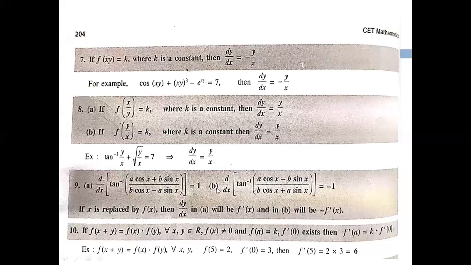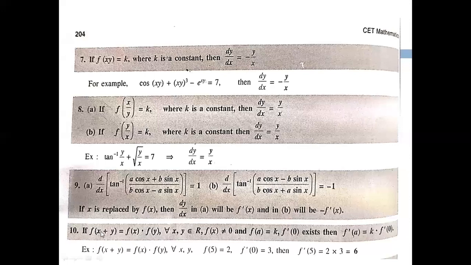Okay, just to verify these two, find the difference between these two. See, suppose x is replaced by f of x, then dy by dx in the first will be f dash x. After finding the derivative, we have to find the derivative of f of x also. Hence f dash x into 1, that is f dash x. The result will be f dash x. In the second point also, after finding the derivative of this function, we also find the derivative of f of x. Hence minus f dash x into minus 1, that is f dash x.